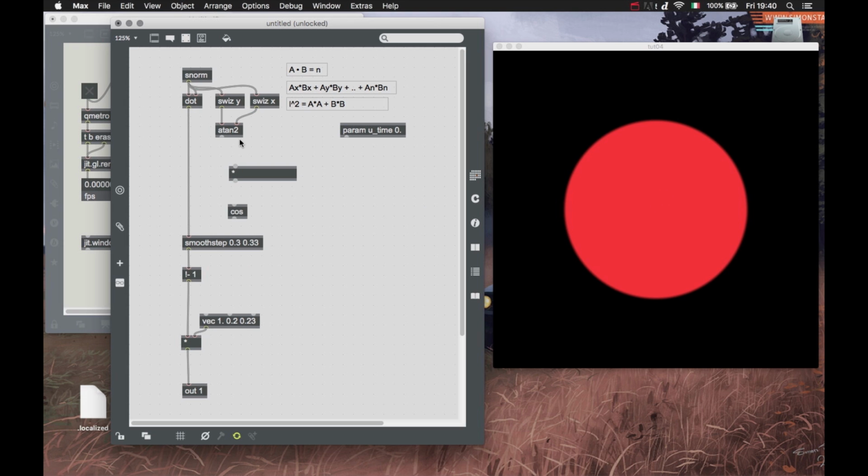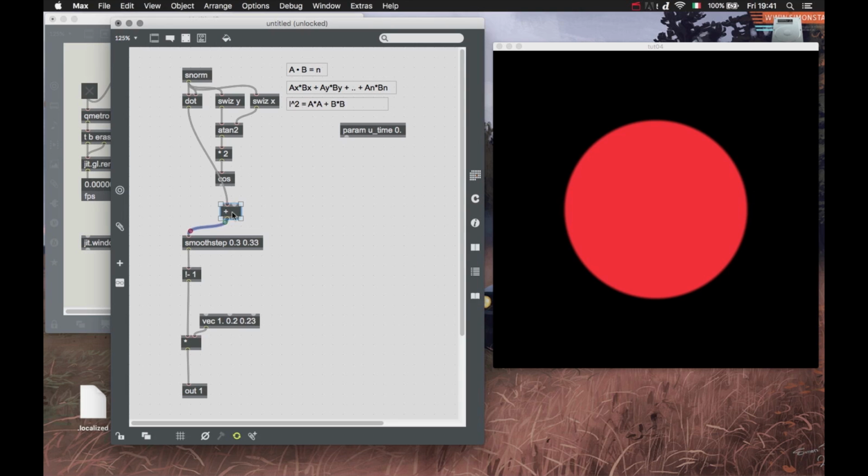If we multiply this by some number, let's just multiply the radians. This is actually a half period, so we get a number going from 0 to pi. If we multiply this by 2 and we add this to our length